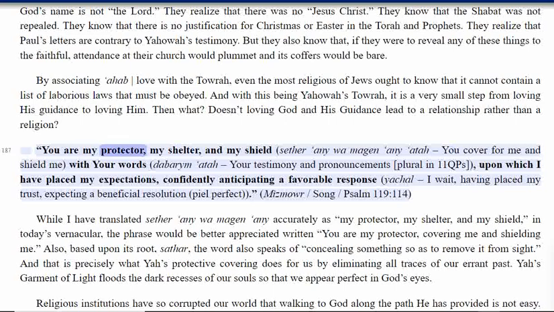You are my protector, my shelter, and my shield, Sether any Wamargan any otter, you cover for me and shield me, with your words, Dabarim otter, your testimony and pronouncements, plural in 11 QPS, upon which I have placed my expectations, confidently anticipating a favorable response, Yakal, I wait, having placed my trust, expecting a beneficial resolution, Peel perfect. Mizmowr, Song, Psalm